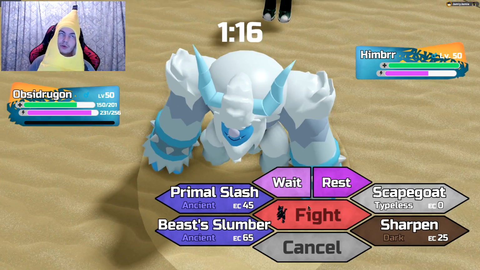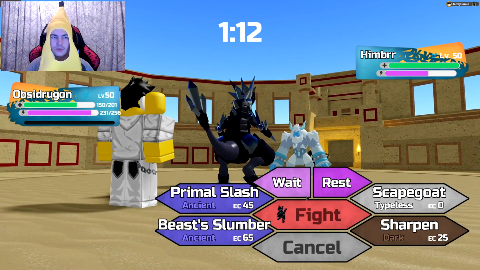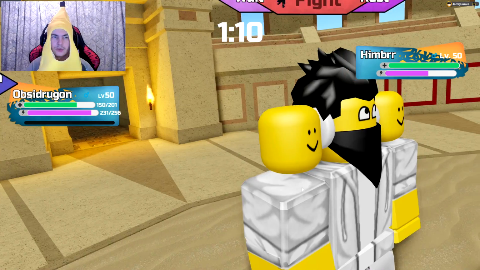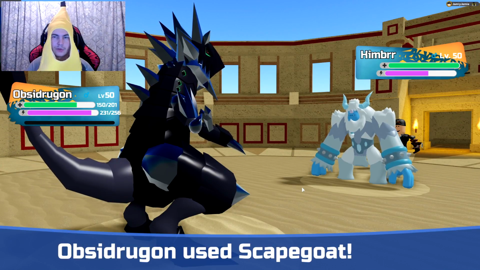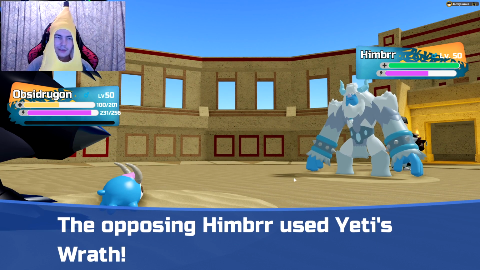Technically, it's actually 50 because of stab and its ability, so it's like 180. It's not really nice. I don't really want to take that head on, to be honest. I'll go for another scapegoat. Might as well stall it outright. Shame I don't have dodge on this set, because that would be nice, but I need the scapegoat for Loomian